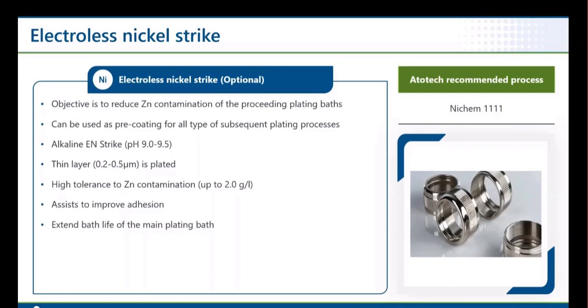These alkaline baths have strong complexes in the bath, and they are more tolerant to zinc contamination. They can hold up to 2 grams per liter of zinc in solution before we start seeing any negative impacts on the adhesion of the coating. The zinc usually impacts the stress in the deposit, and hence stress has an impact on the adhesion. So this is why it's important that we control the amount of zinc that's going into the electroless nickel plating